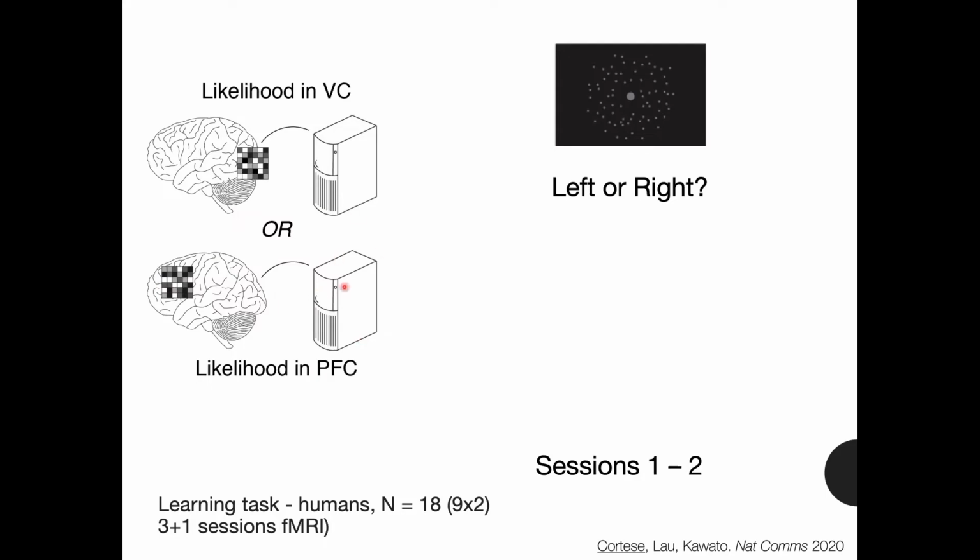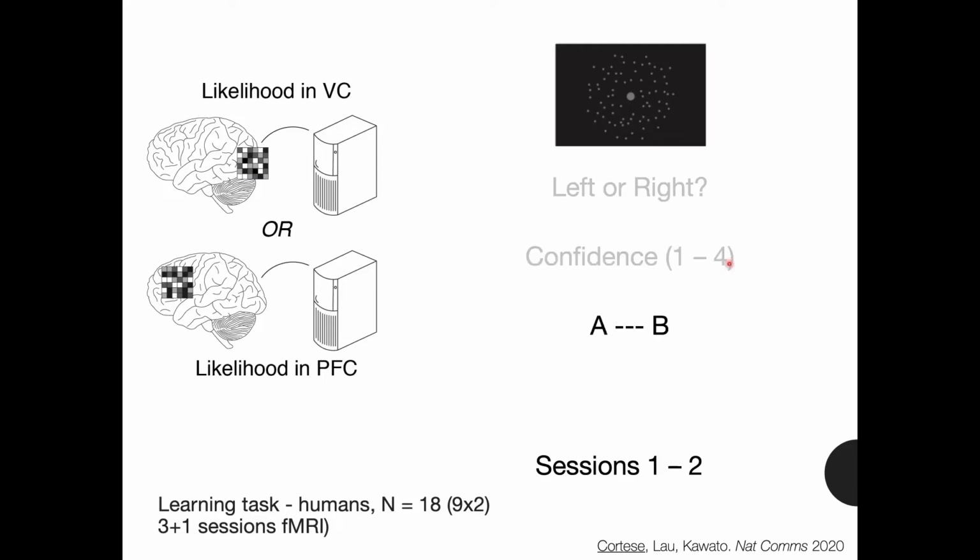We might expect to see some difference between these two, because the dorsolateral prefrontal cortex is involved in these metacognitive processes, while the visual cortex should be more about the objective nature of the stimuli. Once we built those decoders, we called our participants back and showed them very dim, very ambiguous stimuli, and asked them to judge whether the motion they think they see is left or right. We then asked them to rate their confidence in their choices on a scale from 1 to 4, from just guessing to very confident.